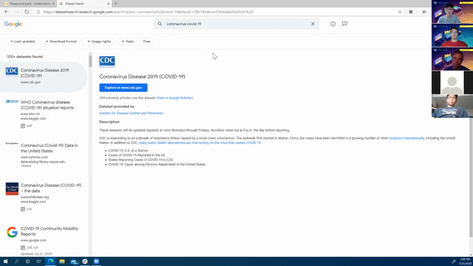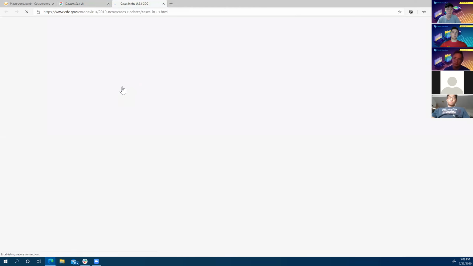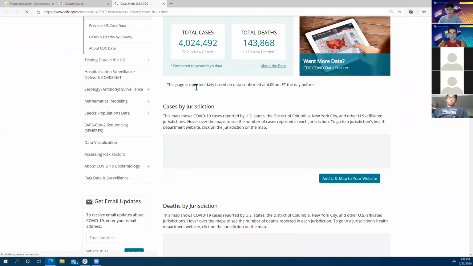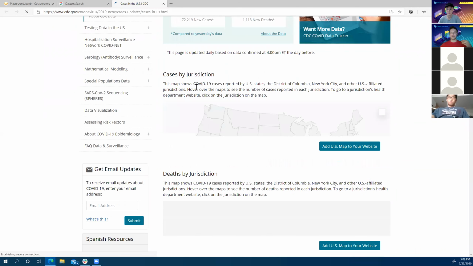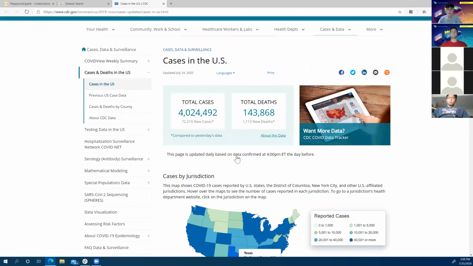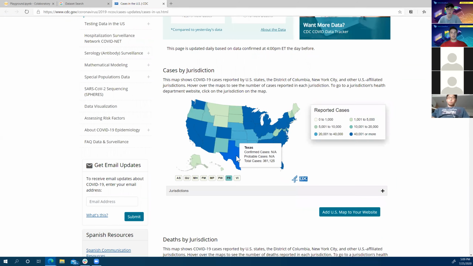So your first step might be to go to Google Dataset Search. You might search for coronavirus, and then you come over to one of these websites, and hopefully do your own vetting. Not all of these websites, I think, are completely valid. If you're doing real work, make sure that you know where you're getting your data set from. But in this case, this is the CDC, which I trust. So we come down here to Texas.